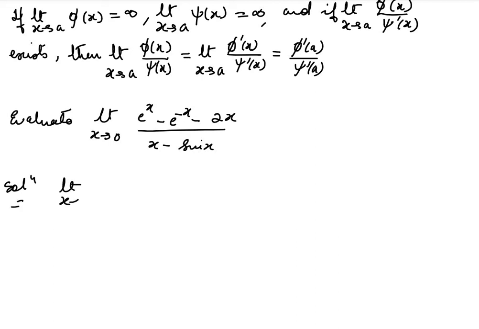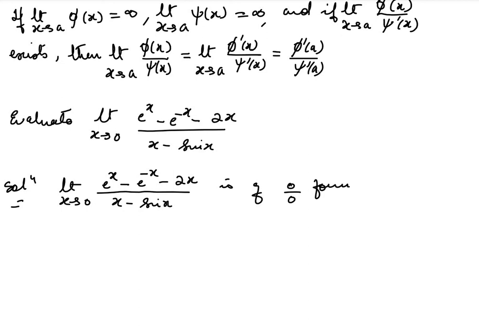Limit x tends to 0, (e to the power x minus e to the power minus x minus 2x) divided by (x minus sin x). This one is of 0 by 0 form. Okay. So therefore, by L'Hopital rule,